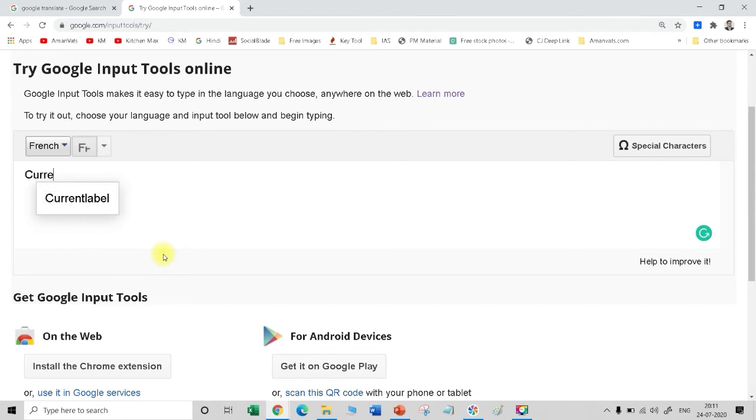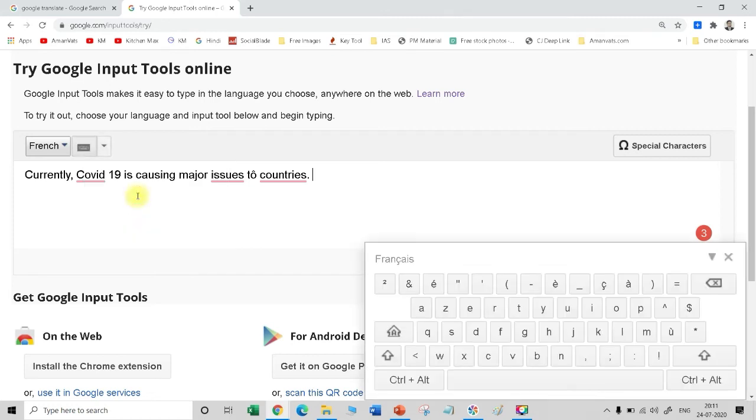Currently COVID-19 is causing major issues to countries. So it has not really changed much, as you see, though the keyboard is registered.